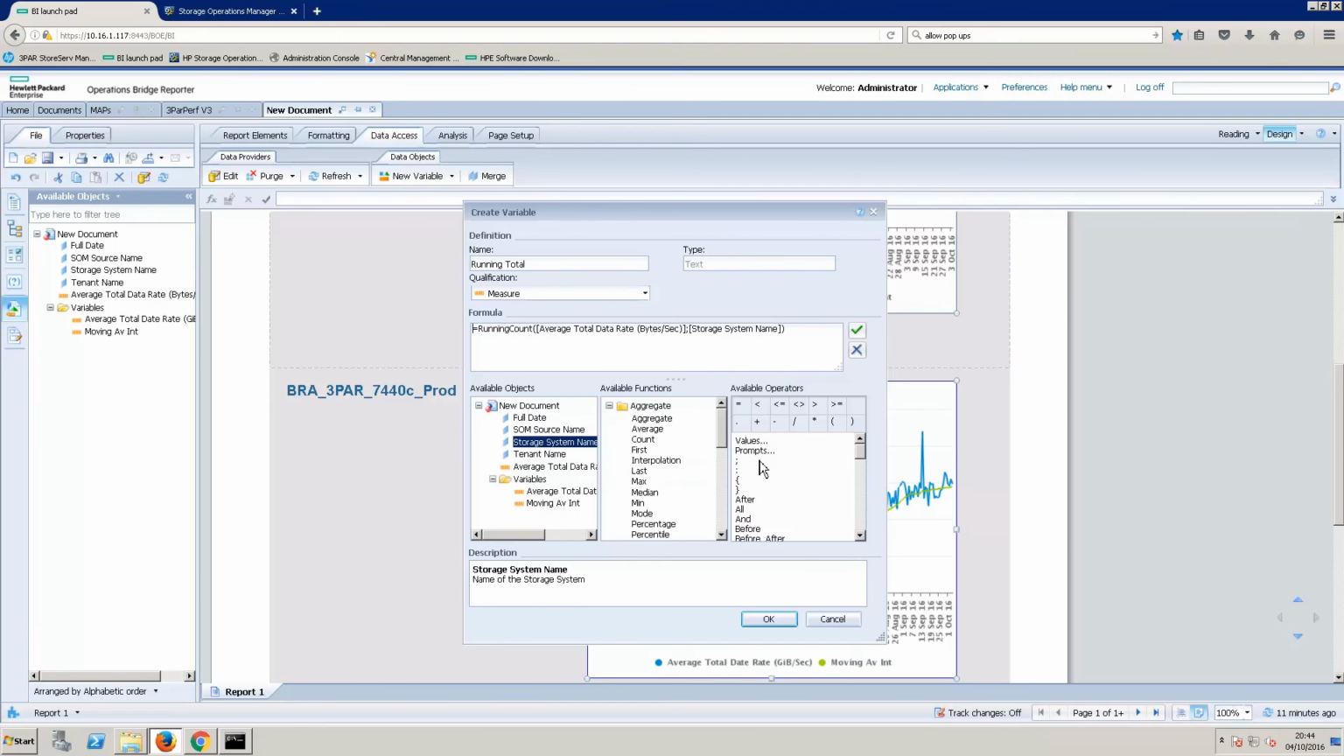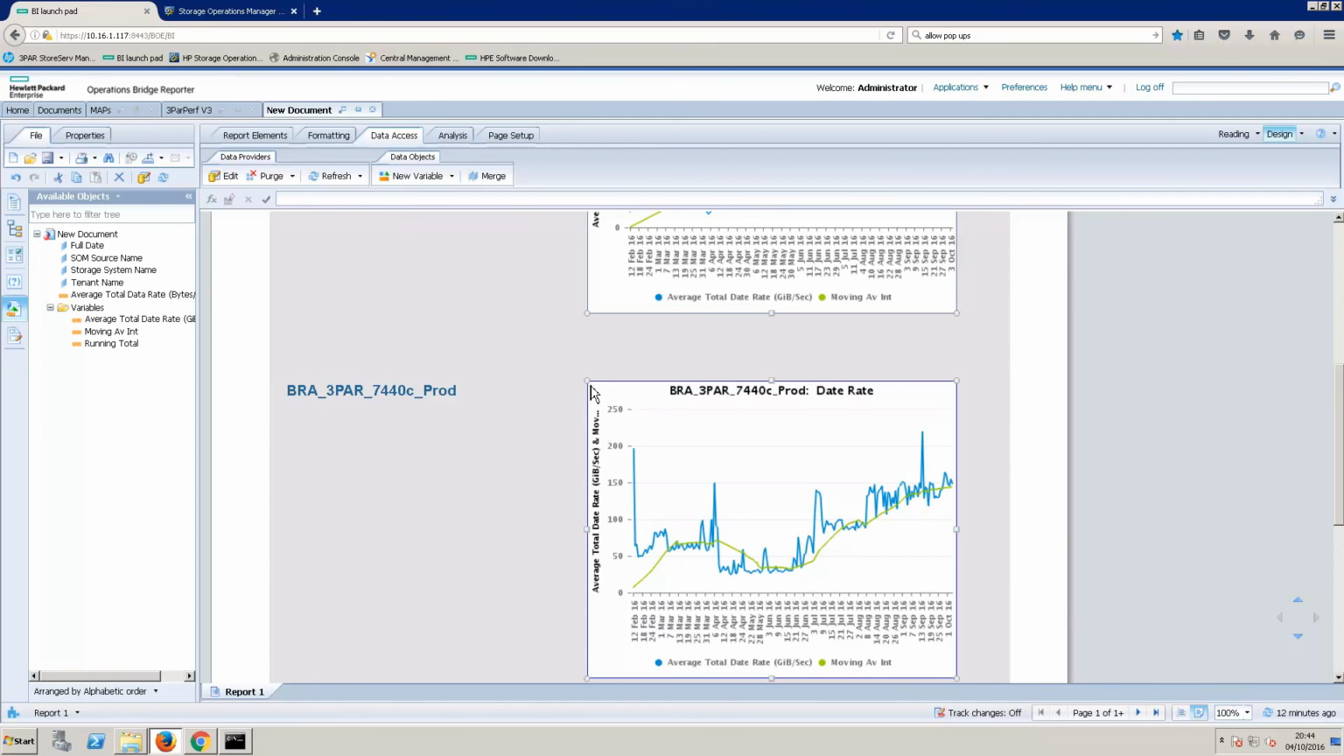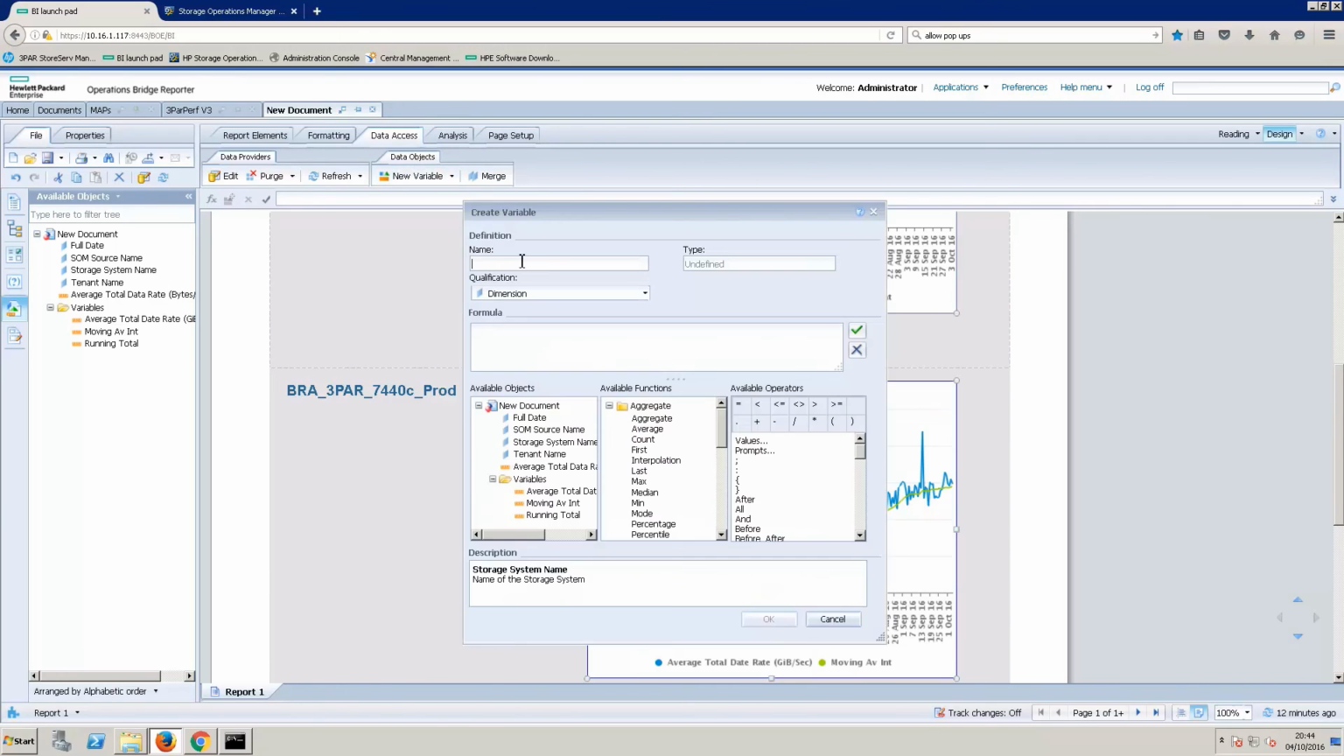incorrect context, running count, I know what to do here. If I just put some extra brackets in, there we go. New variable, and all I do here then is create a new measure, and this measure is going to be